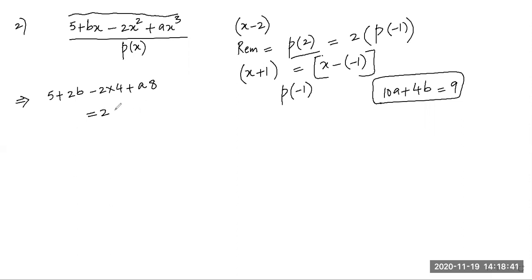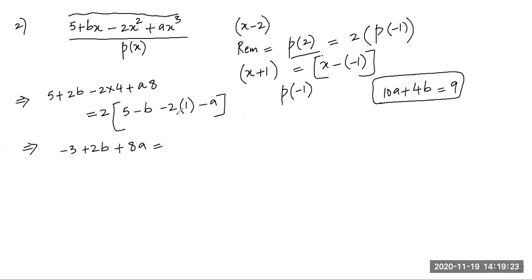This is equal to 2 into, now in the same equation I will put minus 1. Am I right, Sargun? Yes. I will put -1. So it will be 5. When I put -1, it will be minus b minus 2 into -1 square is 1, right? So this will be minus a. So this will definitely give me this result. Let's see. So this becomes what? This is 4 into 2 is -8. -8 plus 5 is -3 plus 2b plus 8a is equal to, so this is what?